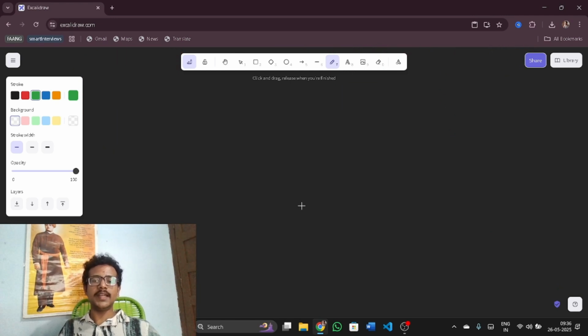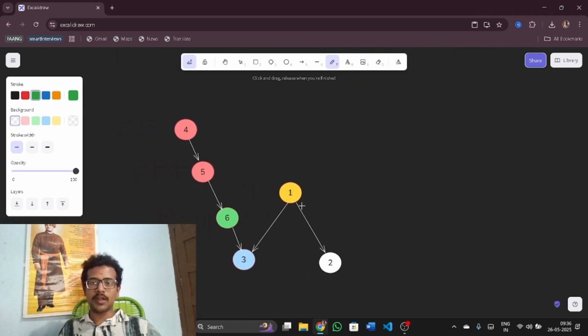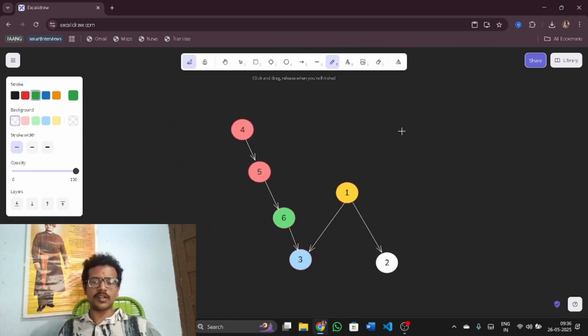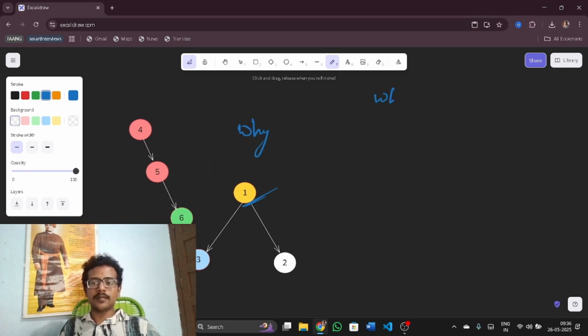But there is something like a gap which we need to do something about. Now let us consider this example. Imagine I have just started with 1. Why do we need to start